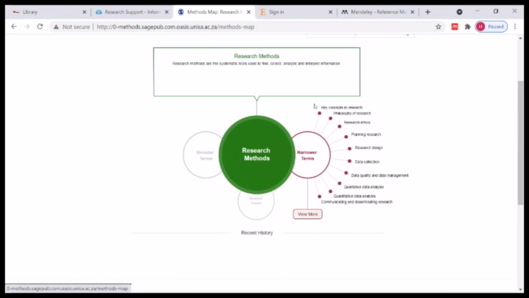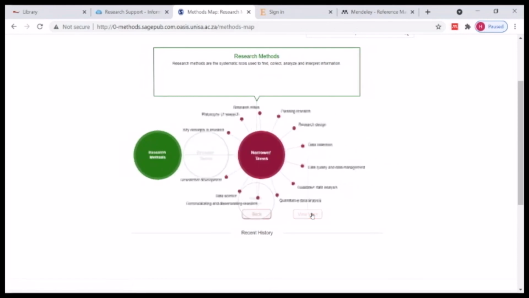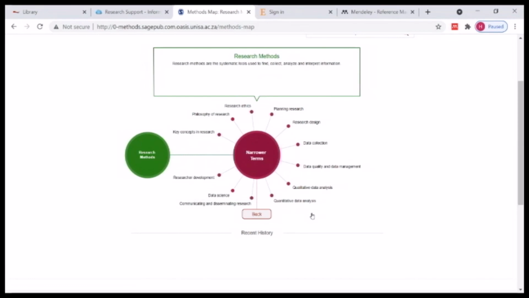So research method includes key concepts in research, philosophy of research, research ethics, research design, data collection, qualitative and quantitative data analysis, and there's more. So it gives you an overall picture of what this whole research method thing is